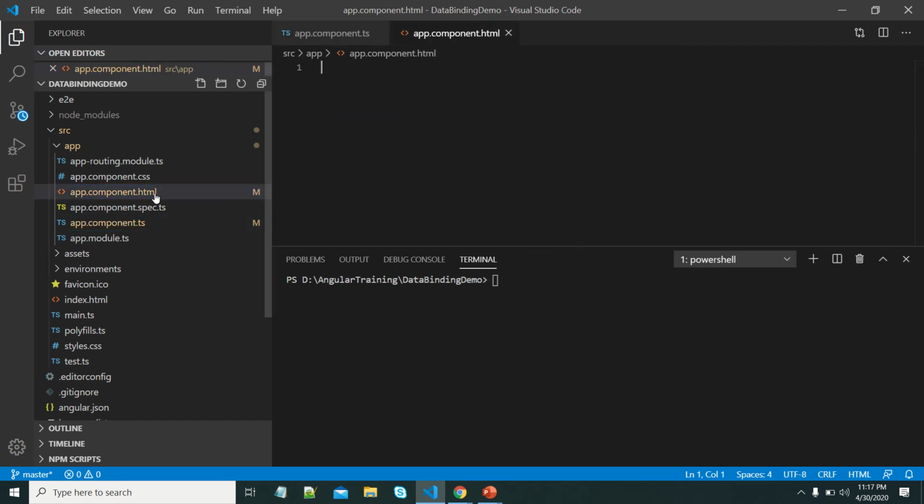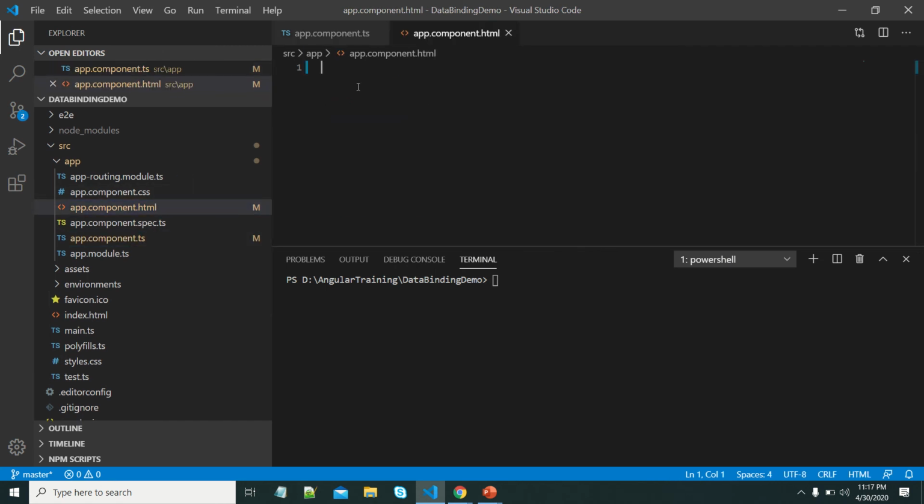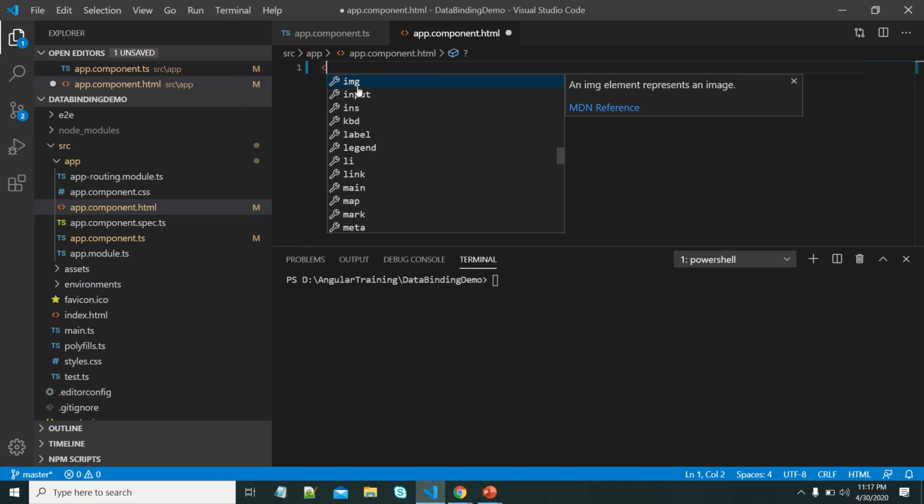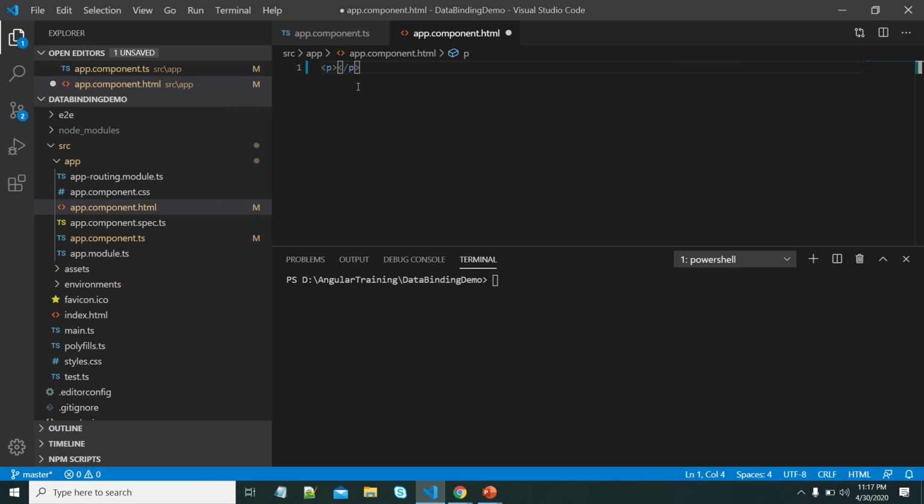Okay, here let me write some elements to understand the first one, interpolation. I'm just adding some text to differentiate interpolation and property binding.